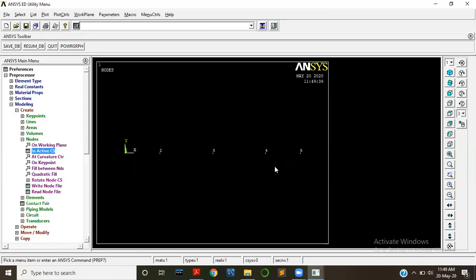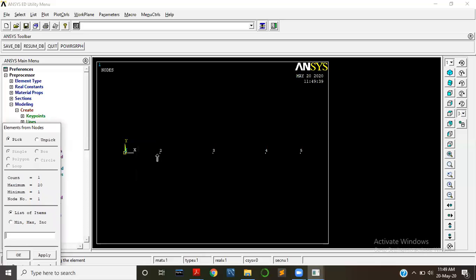Next, preprocessor, modeling, create, elements, auto numbered, through nodes. Select 1 and 2, apply.